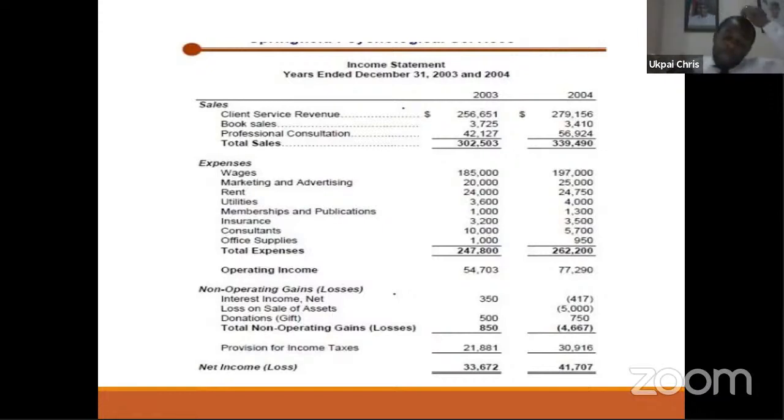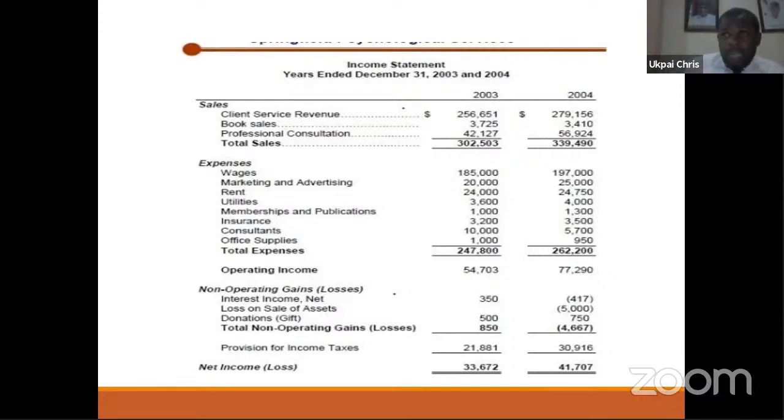Let's take, for example, that you made 5 million naira in a year and you paid your employees and other expenses up to 4 million naira. You say 5 minus 4, you're having a profit of 1 million naira. Is that not true? And you have failed to consider yourself. You are supposed to pay yourself too. Had you paid yourself, maybe you might have paid yourself up to 5 million naira. Are you making profit at this point?